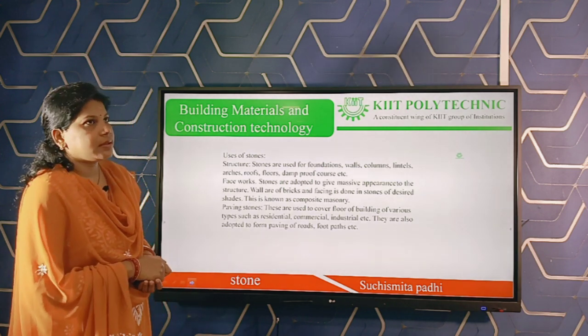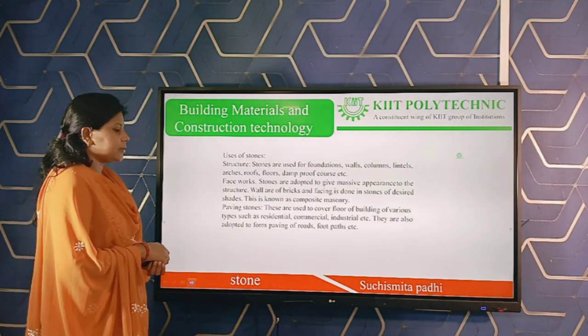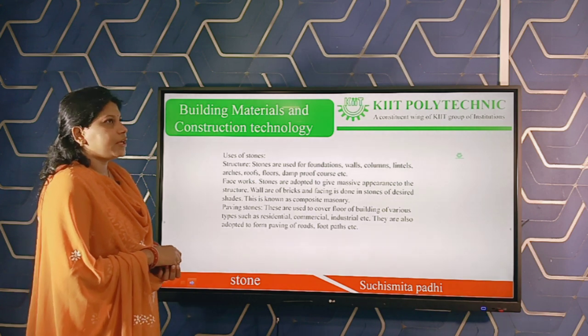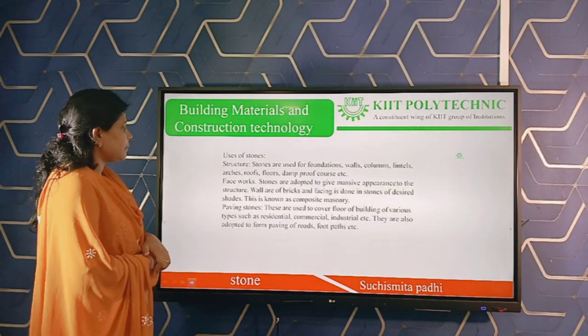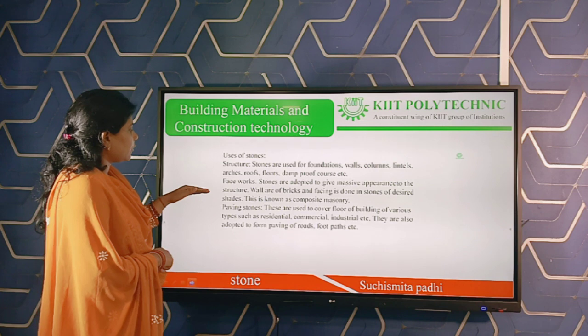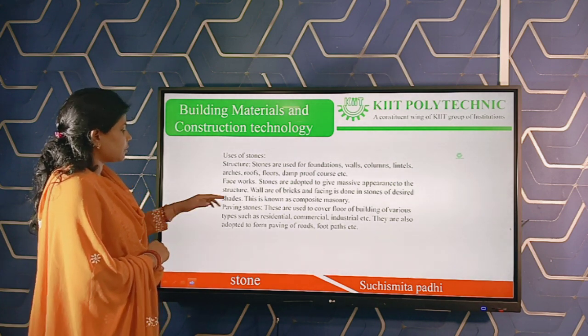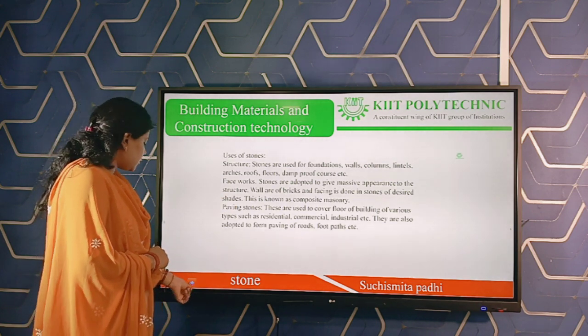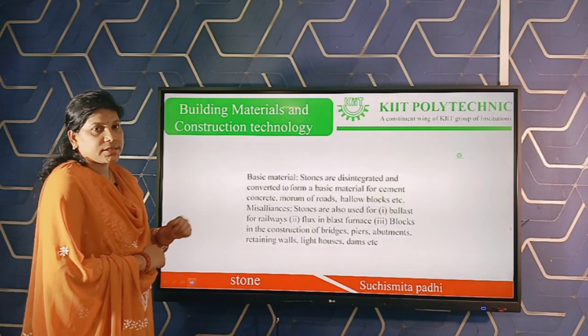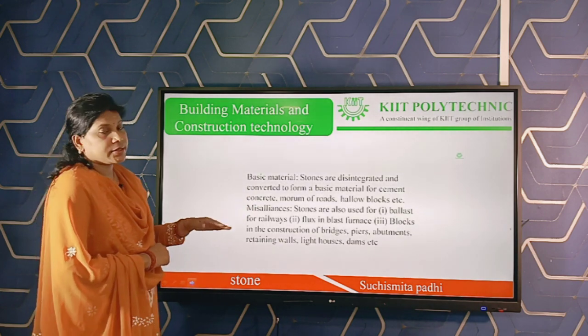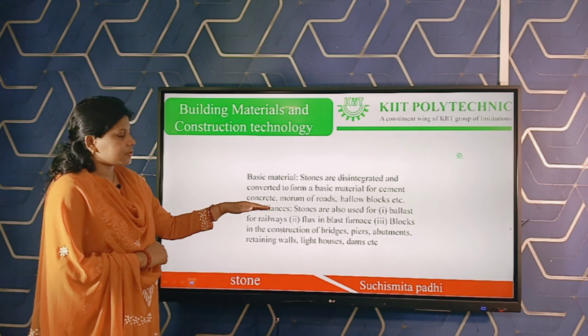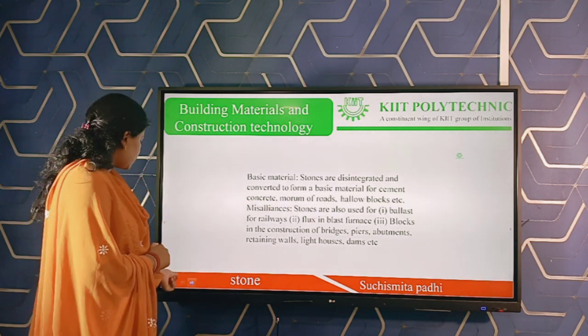Next is uses of stone. There are different uses of stone: we use stone as a structural material, in face works, in paving stones, as basic materials, and there are also other miscellaneous uses. So the first one is